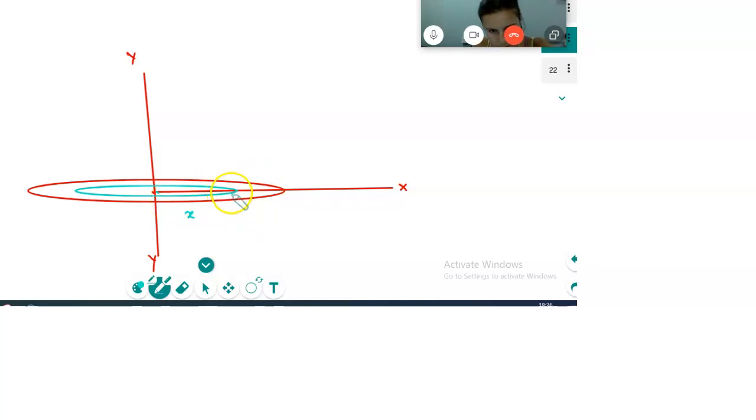Green color hoop, correct? X distance, radius will become x. Now I have to take the thickness also for some hoops because I want the mass area of this hoop.